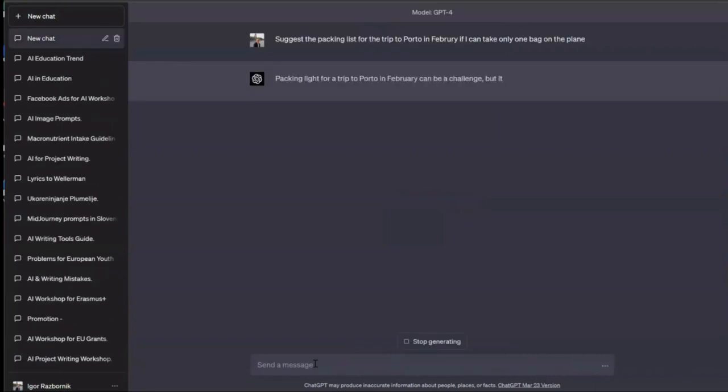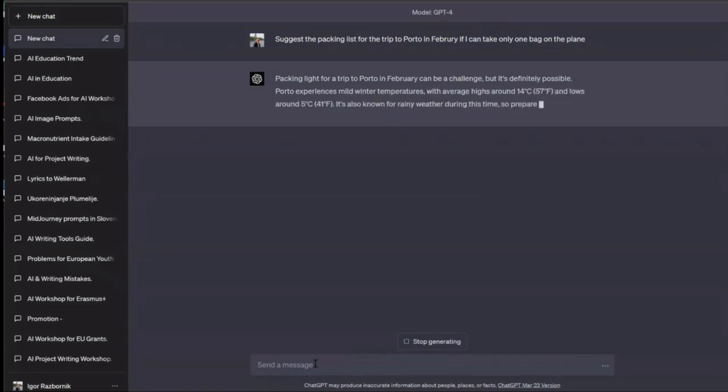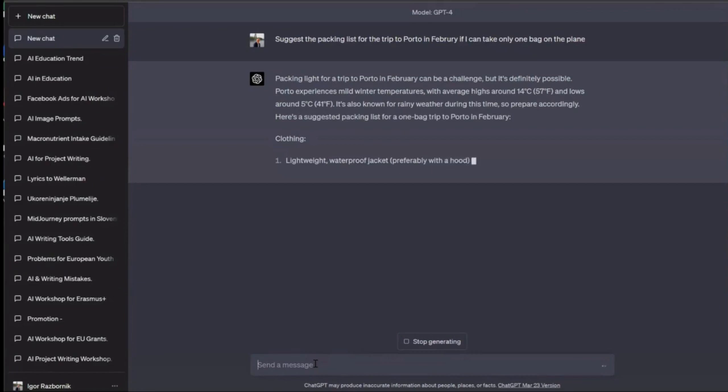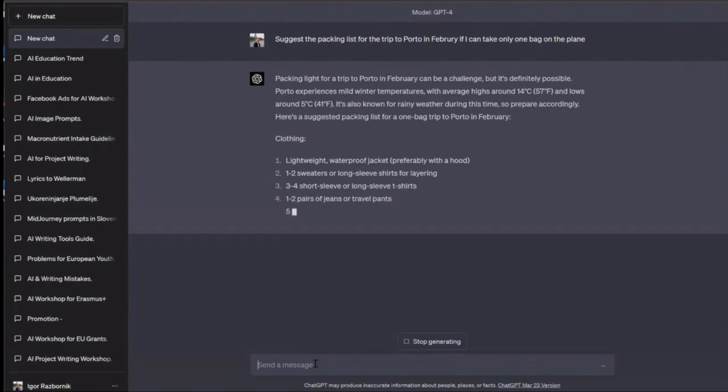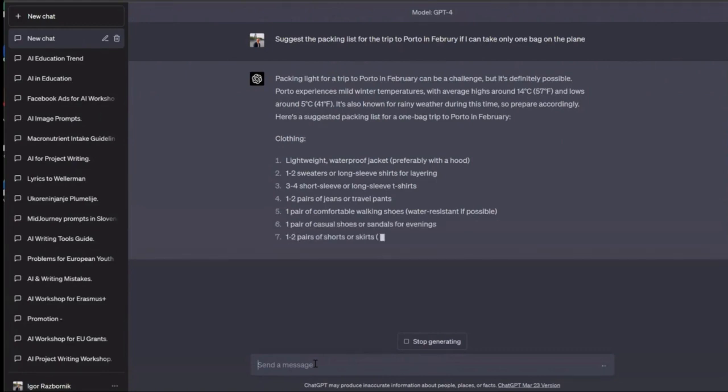You can see this is much slower, but for me this is very important because I can read it along the way as it's generated, which means I will be able to spot any problems while we are developing the text.